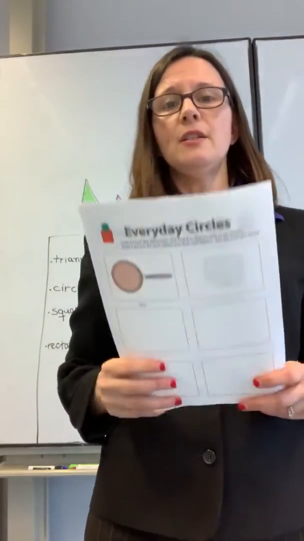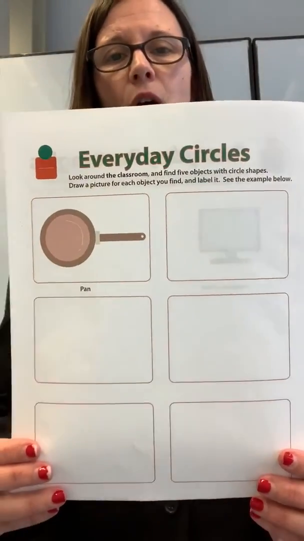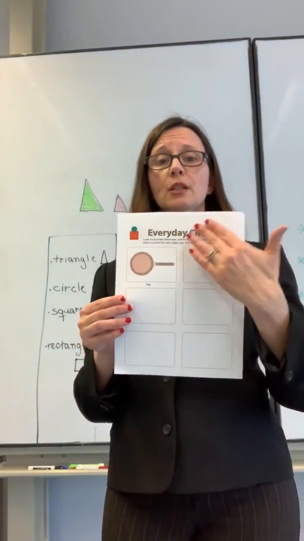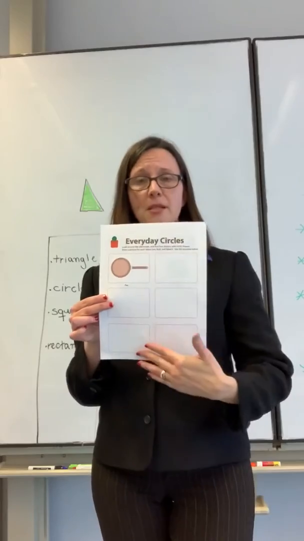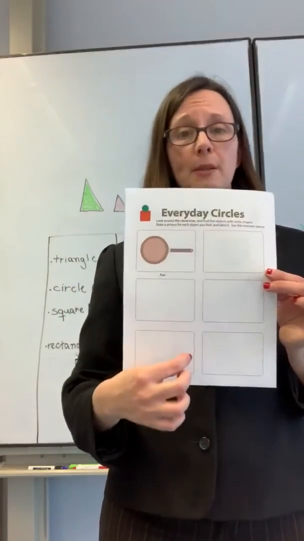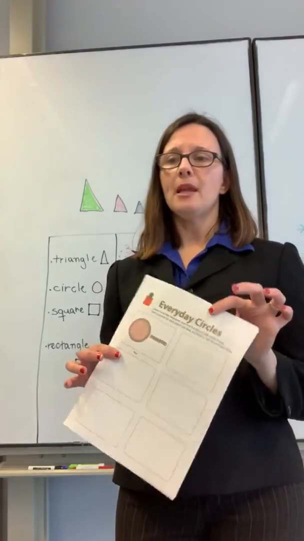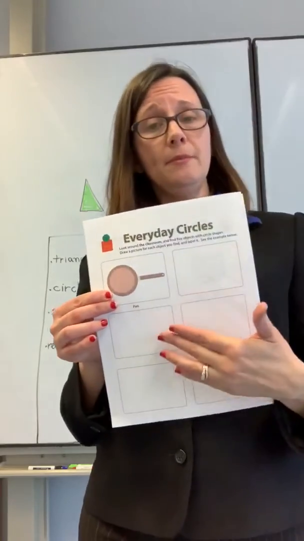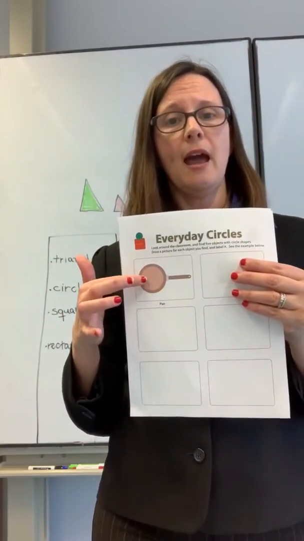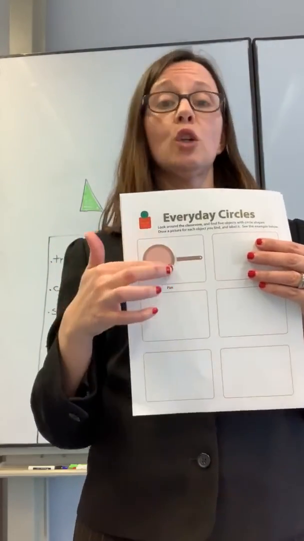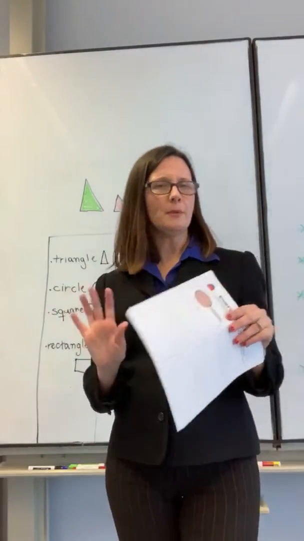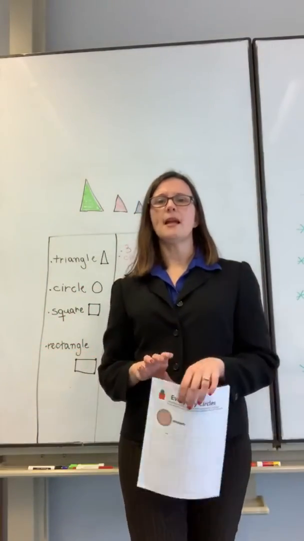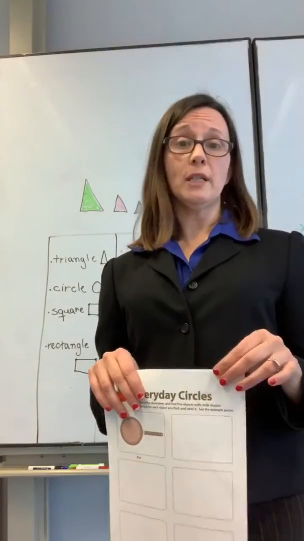So this is an everyday circle worksheet. So they would go around the classroom and they would look for 5 shapes, their circle, and they would label them. And again, you would explain to them that circles have no sides and they are closed. You would give them about 15 minutes to complete this task, and then we would move to independent working time,